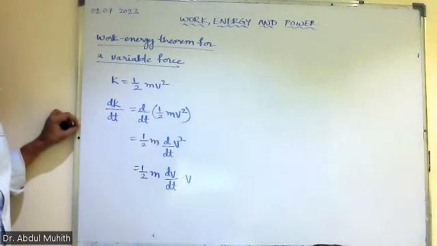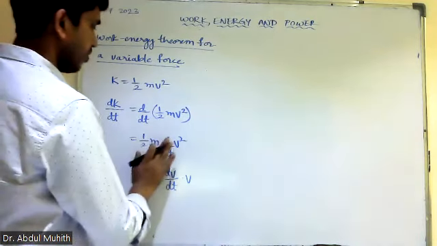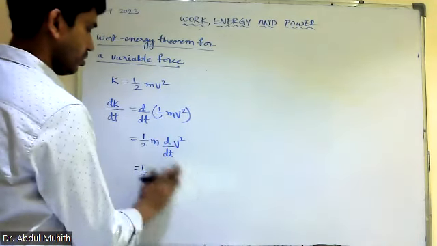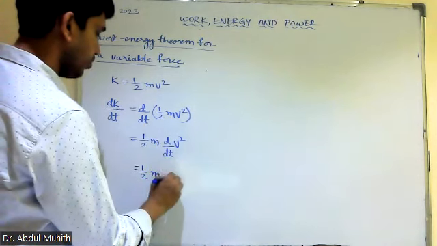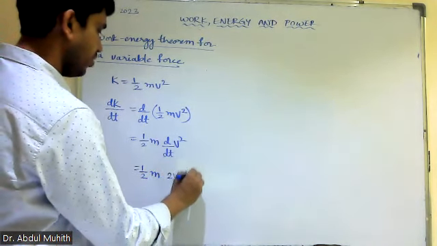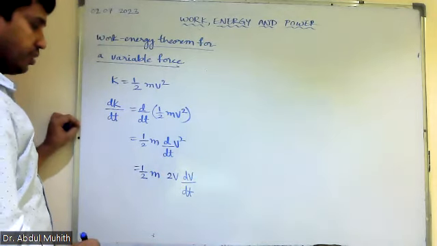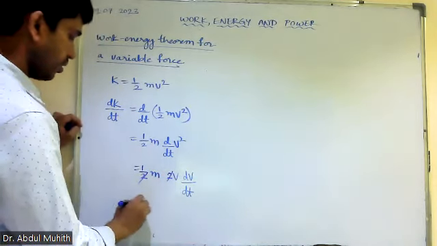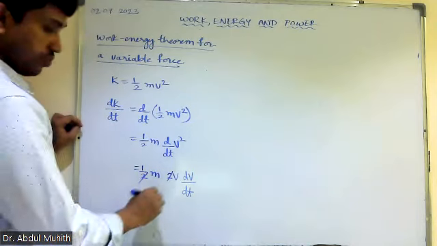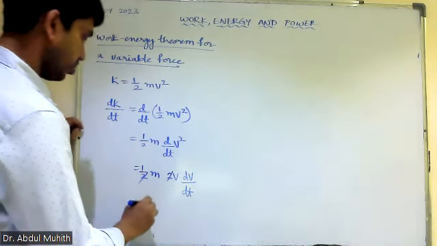Now we can write, otherwise, we'll differentiate it here. The derivative of v square is 2v into dv by dt. So this and this will go away, and this velocity is left over there. So m into